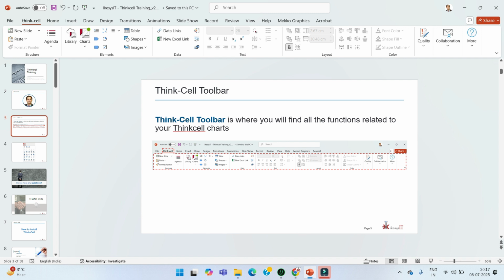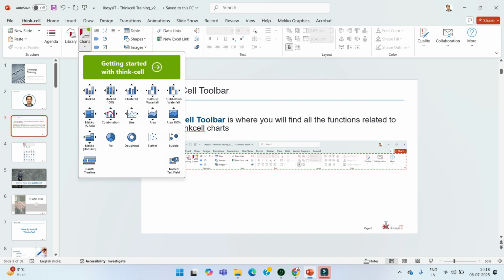So not to worry, if your organization is providing the ThinkCell tool of version 11, no need to worry. Without this library option, you can also work on ThinkCell because our focus is only charts. So if you have the chart option enabled in your ThinkCell toolbar, that is sufficient.